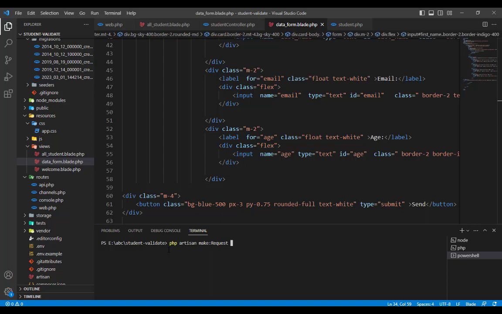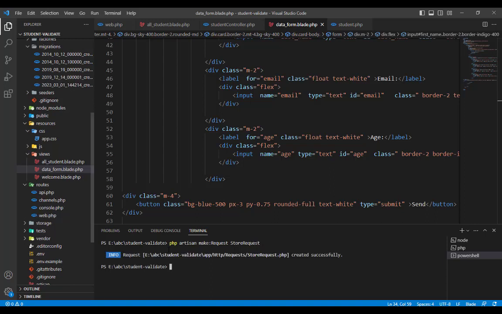We will add this name, StoreRequest, and hit enter. As you can see here, it created for us a new request,